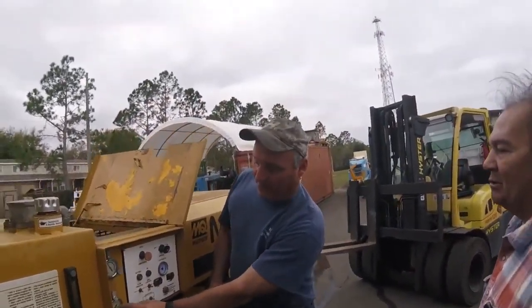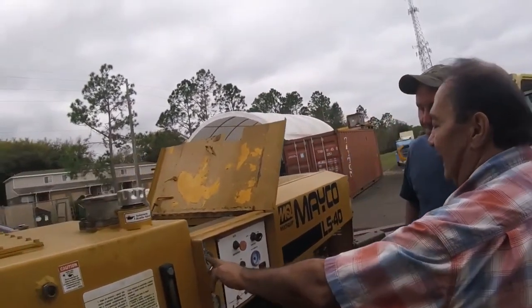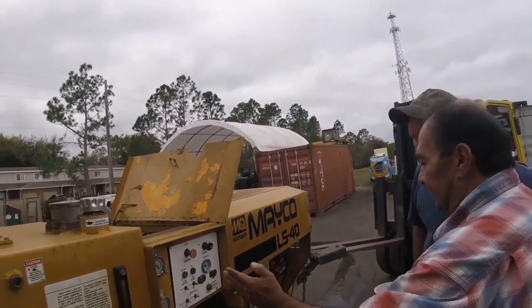And this is your main pressure. This gauge is probably bad. That's the reason why it's not moving. Okay, so this right here basically shows the RPM of how this